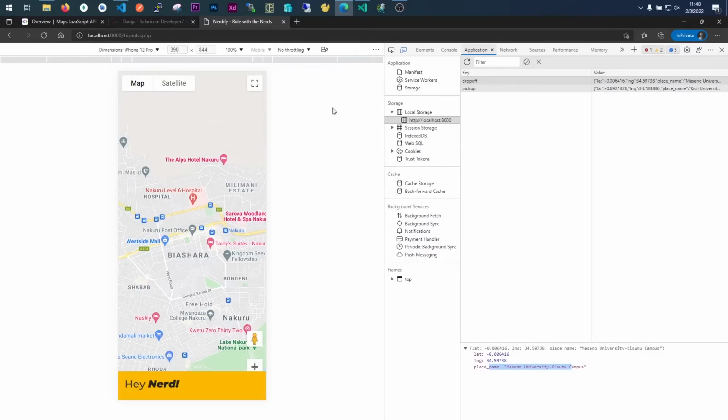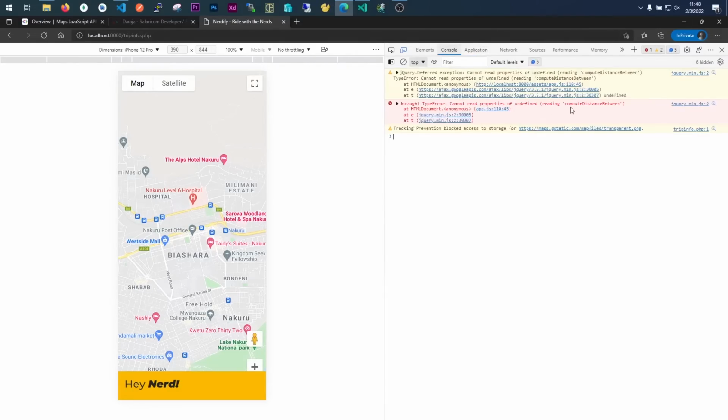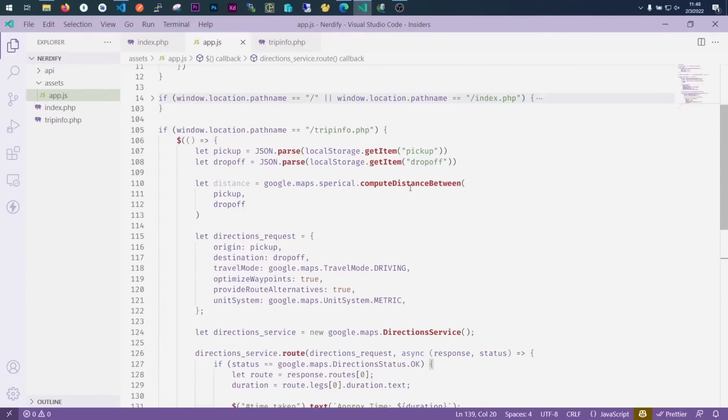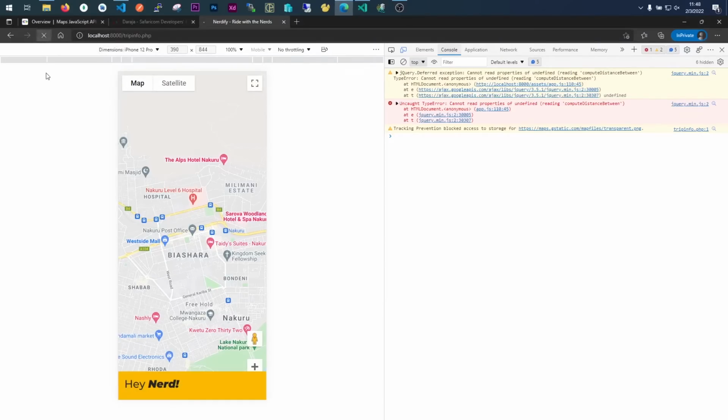Let me see. Let's see if we have an error. Yes, we have an error. Compute distance between. So probably I have made an error somewhere. So compute distance between, where is it? This one is google.maps.geometry. Yeah, missed something here. So this is geometry.spherical. So if we reload this,